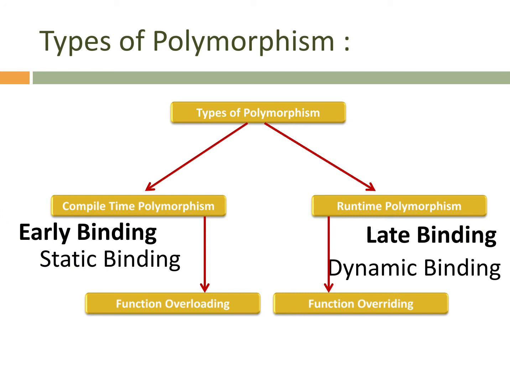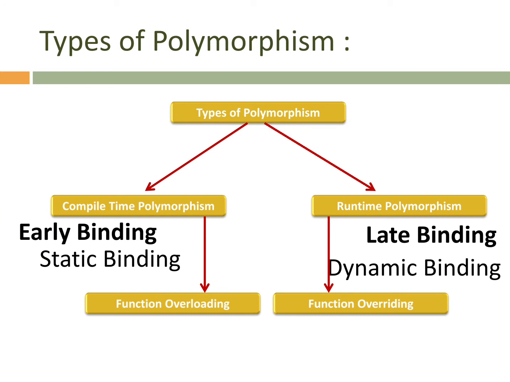It matches the function signature with the function prototype, whether the function we are calling is going to be called or not. It checks that the parameters we are sending actually exist, and if they exist, which one we are calling. Basically, it confirms that everything is written properly. Otherwise, we get a compile time error. If the function signature does not match the function prototype, we get a compile time error.